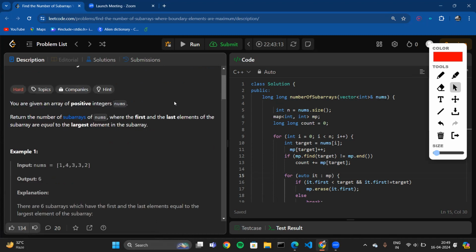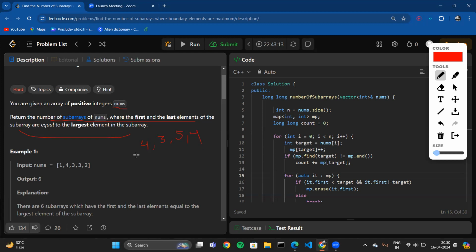So what this question states is that we will be given an array of positive integers, let us say nums, and we need to return the number of subarrays where the first and last element of the subarray are equal to the largest element of the subarray. For example, let's say this is a subarray: 4, 3, 5,